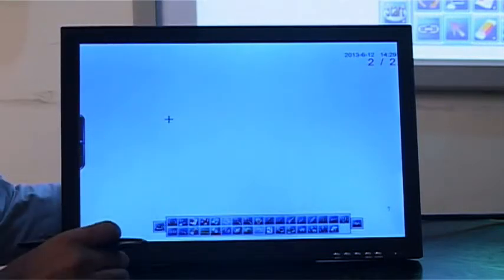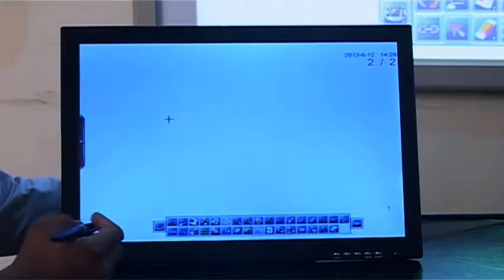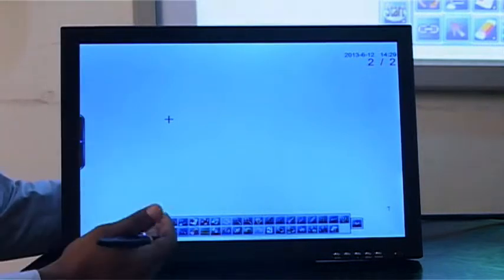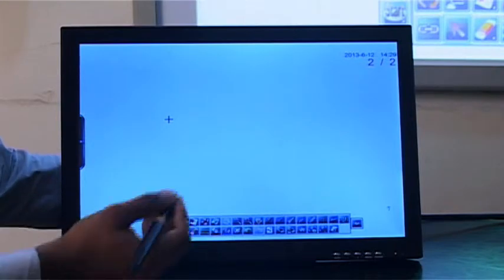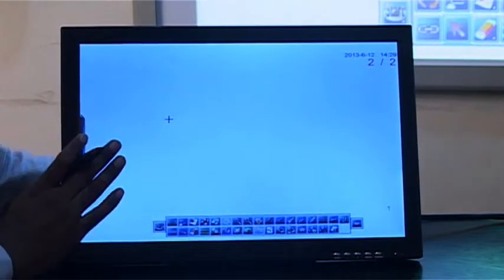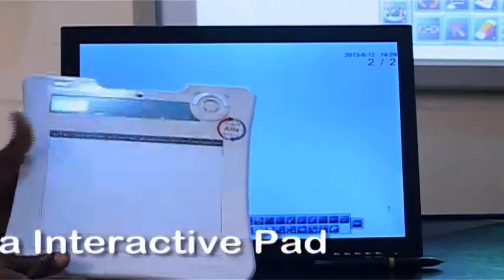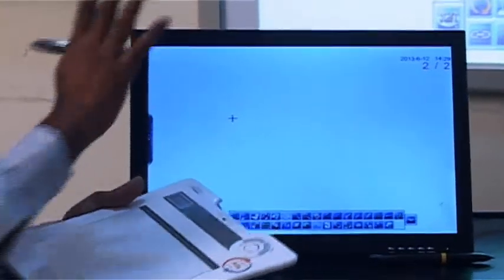It is meant for teachers who can't stand for a long time, or presenters in a board meeting where the chairman can't stand during the meeting. So we can use this pad. Like the panel, we have an interactive pad, the Alpha interactive pad. Whatever I can do on this panel, I can do on this pad, but this pad doesn't